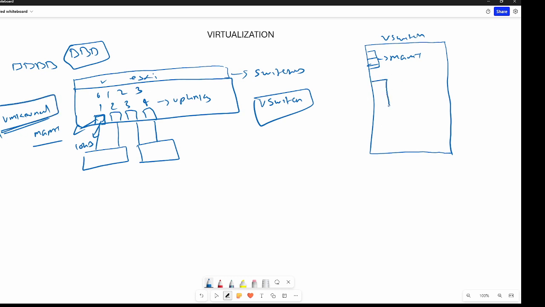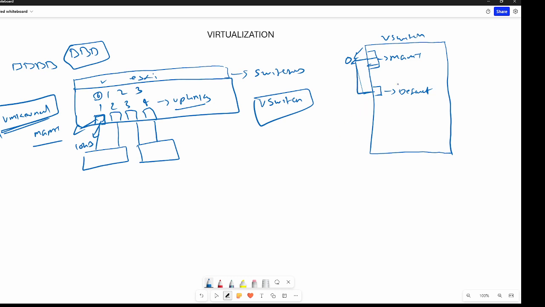Another one will be a port group for virtual machines. I am drawing it like this, but it doesn't mean it has only one port. It shows just one port because currently there is no virtual machine connected to it, and the port group name will be maybe default. Now we have four uplinks, so by default it will allocate uplink 0. This port group is mapped to uplink 0 by default for the management. This one is also mapped to the same one by default.